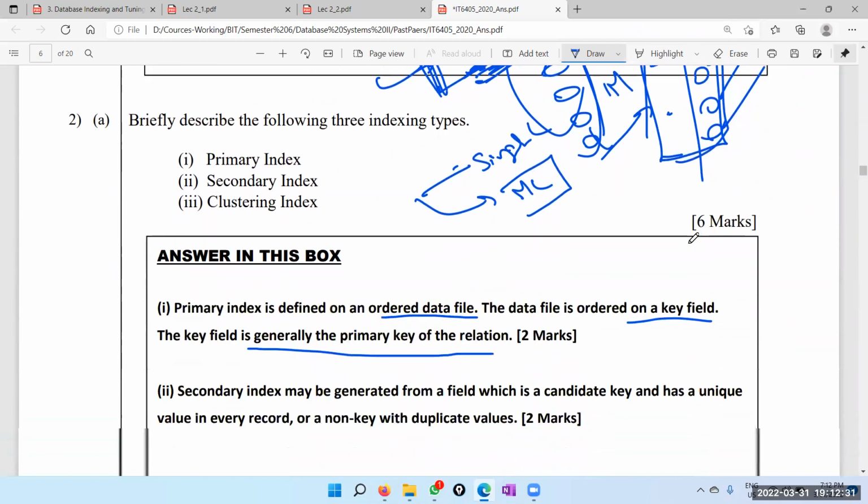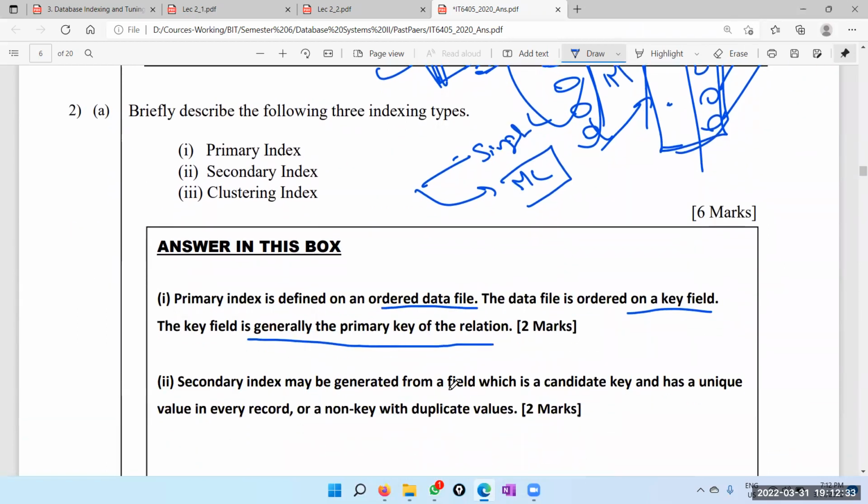Okay, so let's see. A secondary index may be generated from a field which is a candidate key and has a unique value in every record, or a non-key with duplicate values. Of course, it can be either a unique field or a non-key field, right? So that is not a very important thing. Basically, it can be anything other than your primary or